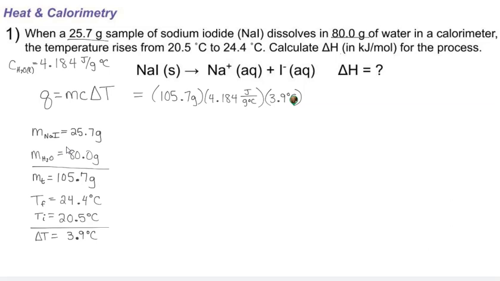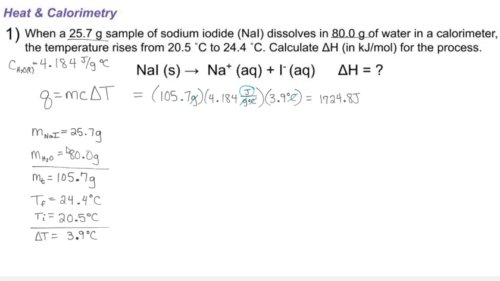And just taking a look at units here for a second, notice that the degrees Celsius cancel, the grams cancel, and our final unit that we're going to be left with is joules. Alright, so when we solve this out, we get 1724.8 joules,